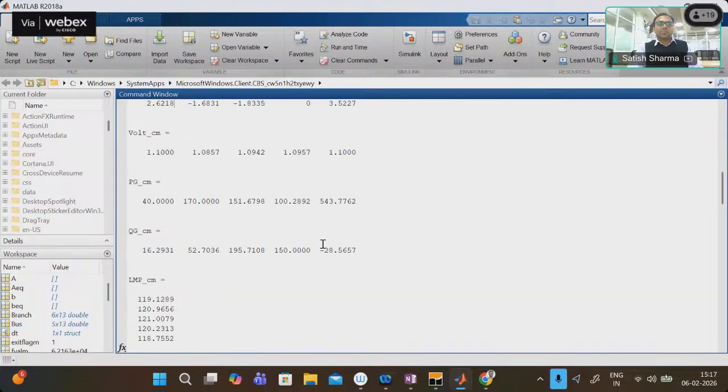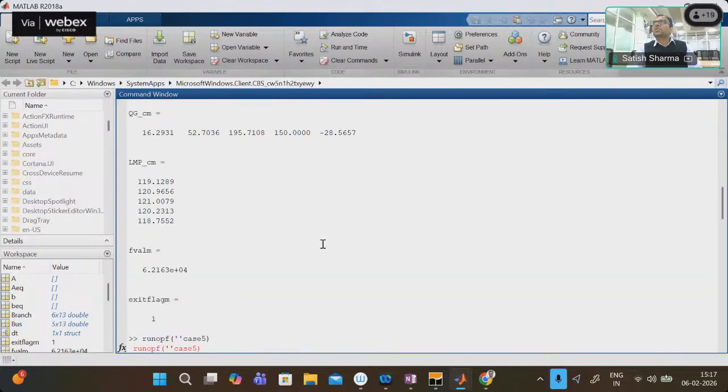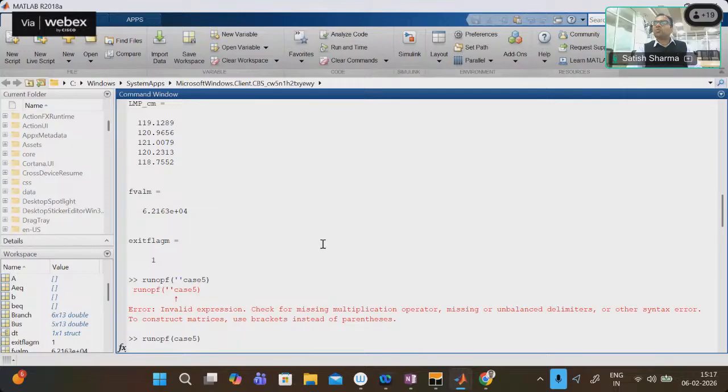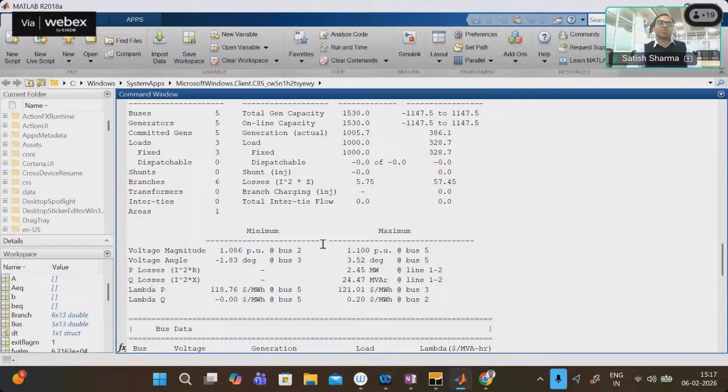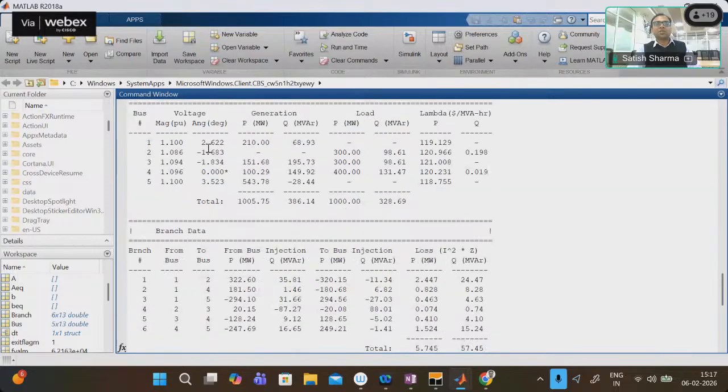Okay, but the driving force was active power. So from the active power point of view, we were getting the same results, and then the voltage state of the system, we were getting the same voltage magnitudes and angle, and the lambdas are also exactly the same. Okay,